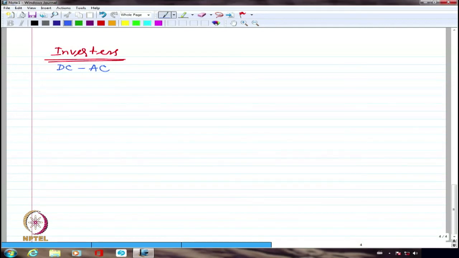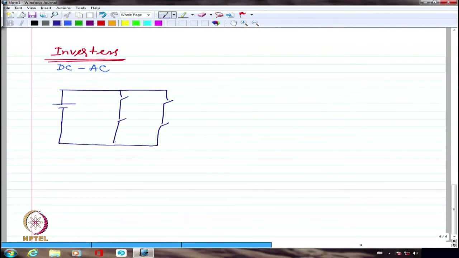So the basic principle of inverter operation is whatever we had seen in the full bridge. For example, if I have one switch, second switch, third switch and fourth switch, which I call a full bridge inverter, right? And what I have is a voltage source. So we call these things voltage source inverters. There are two types of major inverters that we see. One is the voltage source inverter